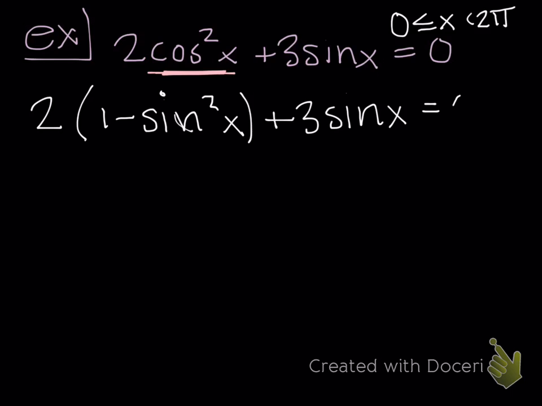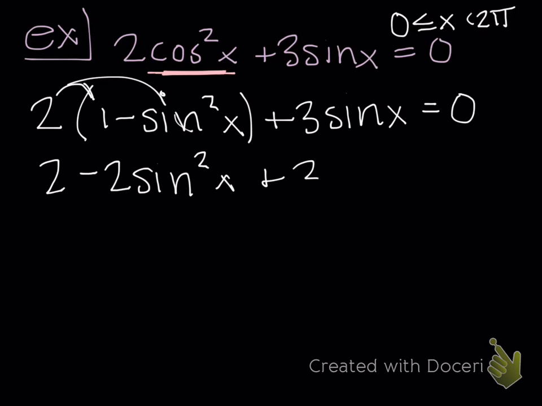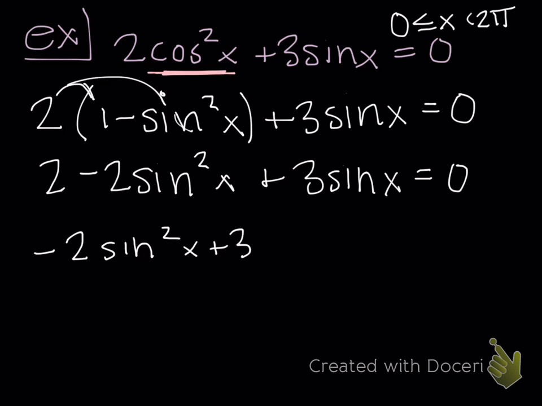So notice by doing that, now I have all the same trig function, and now it kind of goes back to a problem like yesterday. So I'm going to distribute this in. So I'll get 2 minus 2 sine squared of x plus 3 sine of x is equal to 0. And now I need to reorder this so that all my terms are in the correct order. So I have negative 2 sine squared plus 3 sine